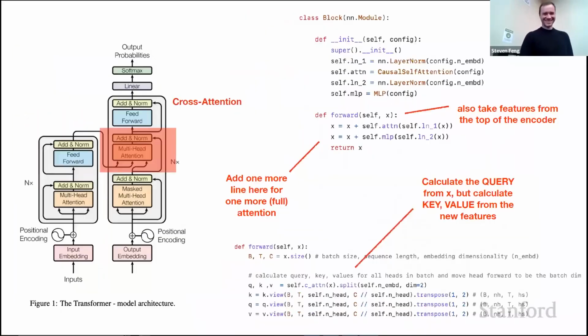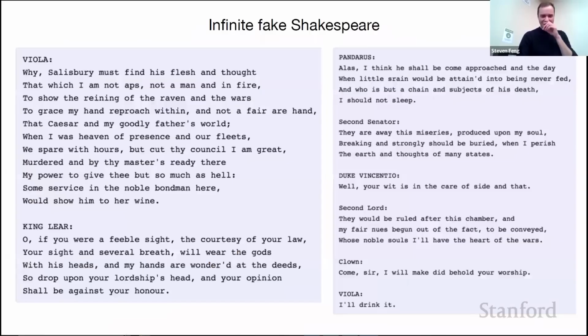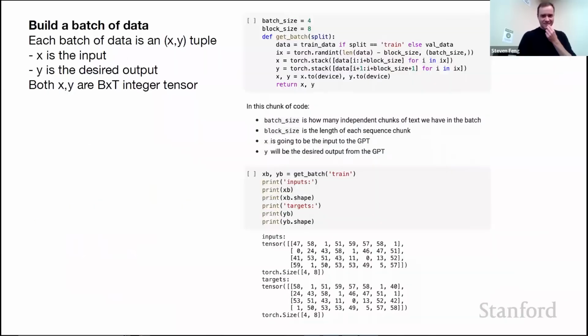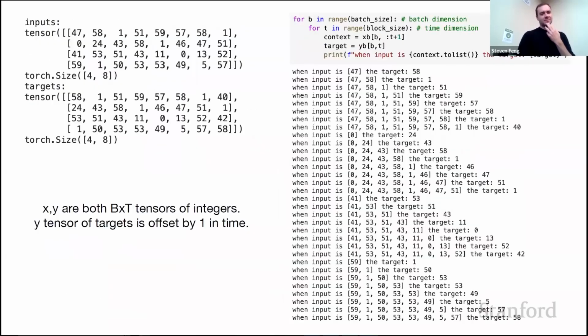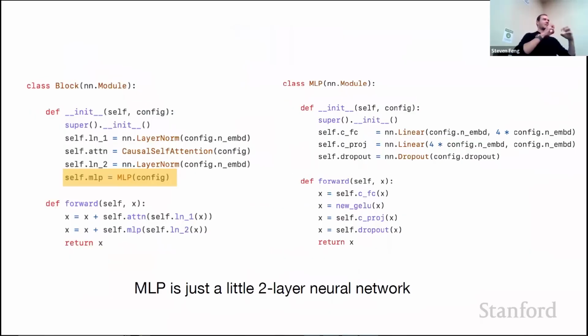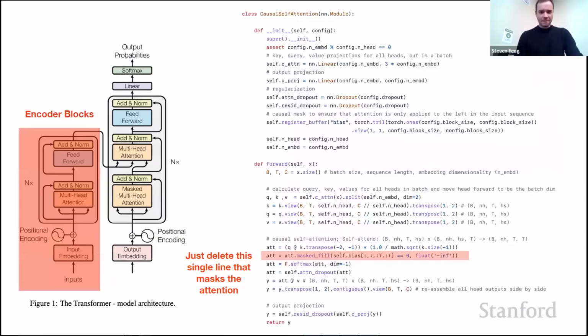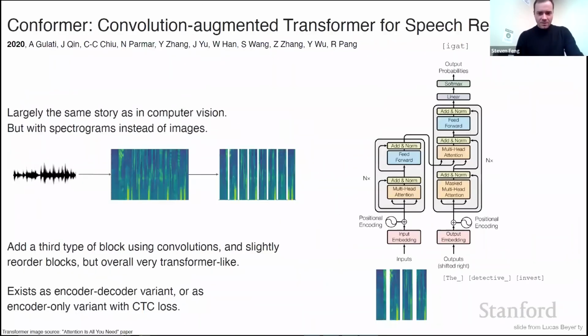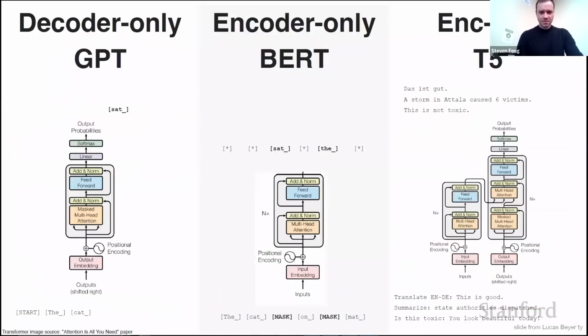This question was in the back. Why don't you divide by root d? Yeah, the root d, I think basically if you're initializing with random weights sampled from a Gaussian, as your dimension size grows, so does the variance of your values, and then your softmax will just become a one-hot vector. So it's just a way to control the variance and bring it to always be in a good range for softmax and a nice diffuse distribution. So it's almost like an initialization thing. Okay.